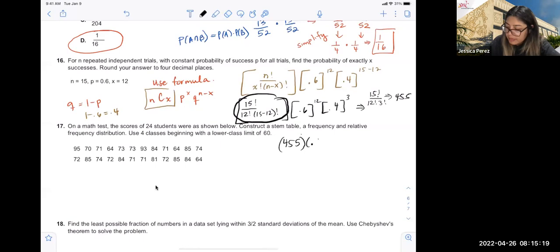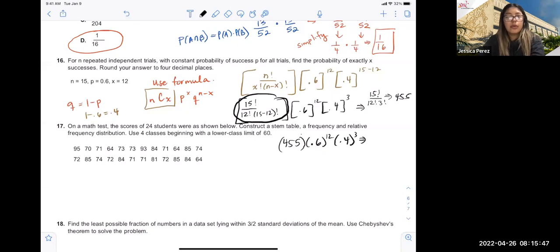Now we multiply that by 0.6 to the 12 times 0.4 to the third. I'm using a calculator now, okay? Please go ahead, that's fine, but I do want to see this written out. This is the last part with the calculator, that's fine, okay? 455 times 0.6 raised to the 12th power times 0.4 raised to the third, and that gives me a total of